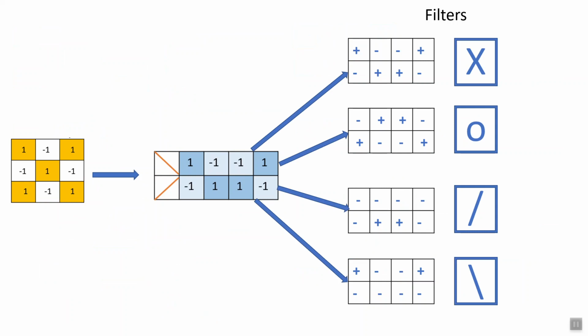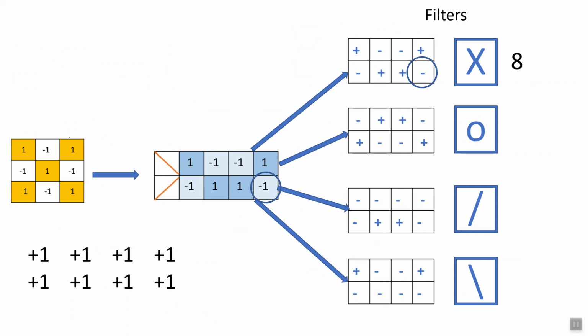So using this, compare the first element 1 with the plus value, it gives +1. -1 with the minus is +1, minus of minus is +1, then minus and plus gives the plus value. Similarly for the second row, -1 filter with the minus is +1, +1 filter with the +1 is 1. Similarly 1 filter with the +1 is the plus, and +1 filter with the +1. So we will get the value which is 8.